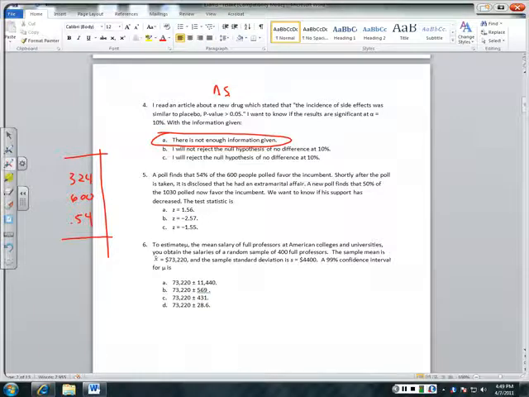Anyway, we had 50% of the 1030. That would be 515 out of 1030, and that's the 50%. So using the two-proportion z-test, go to stat test, two-proportion z-test, and put 324